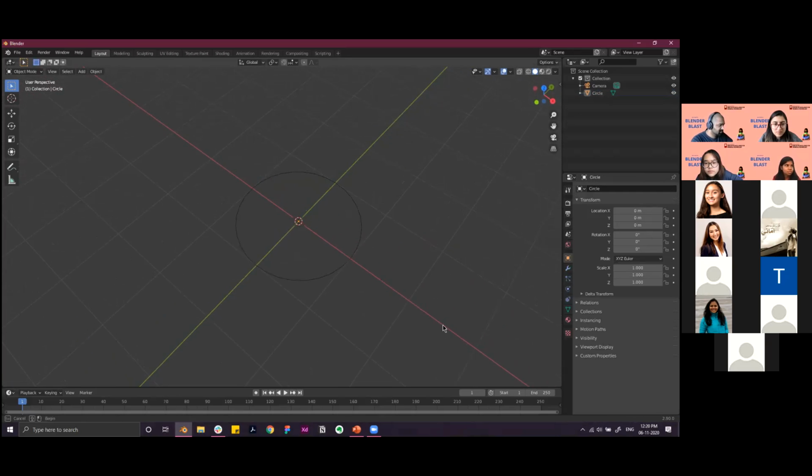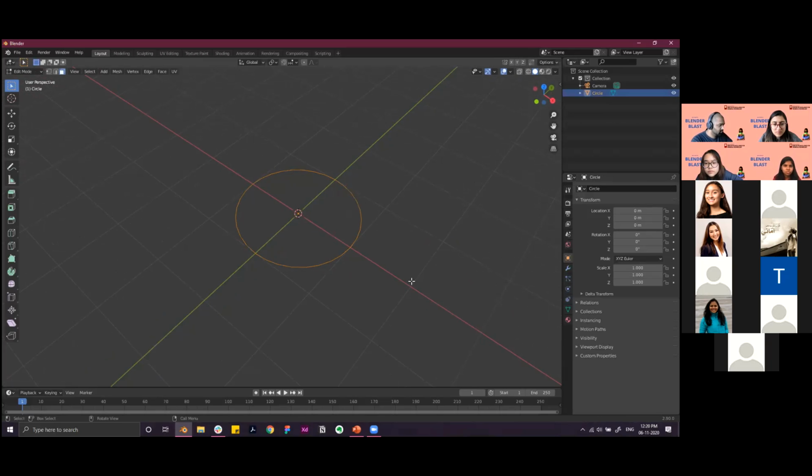Once you add the circle, you can go in the edit mode. Once in edit mode, there's a function called extrude, which will basically move the shape up a bit.